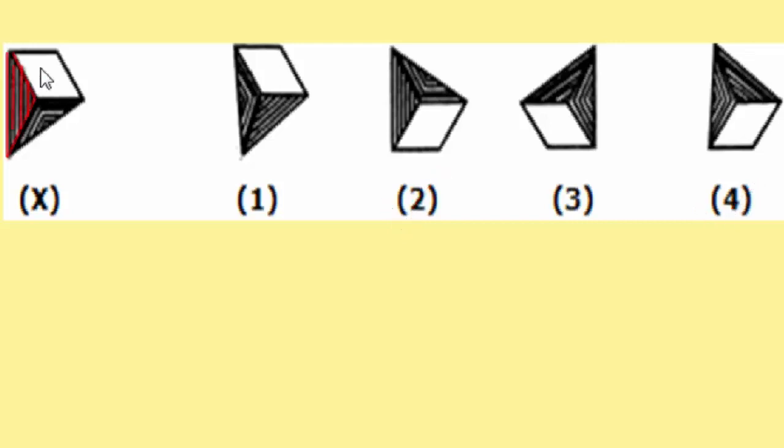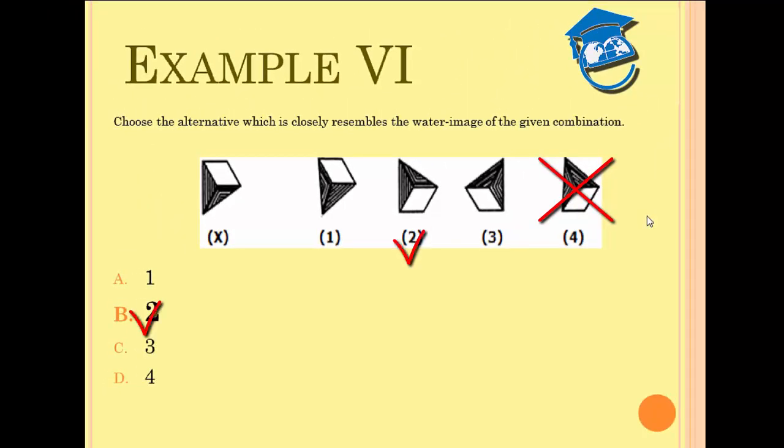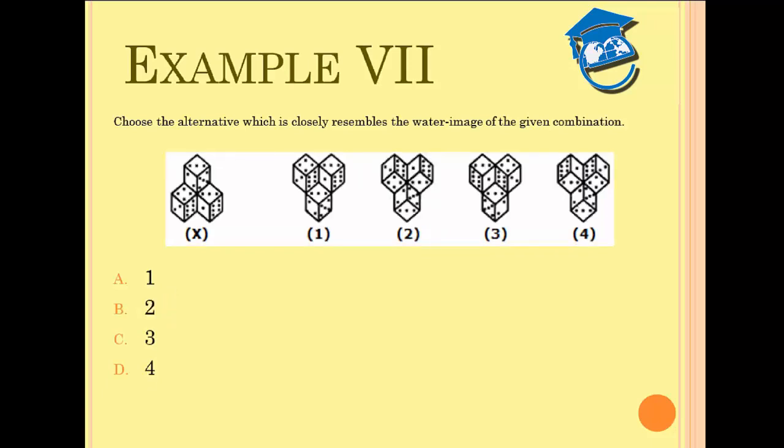Another observation is that this triangle on the left has vertical stripes. So if I drop this down by 180 degrees, the triangle will remain exactly the same with vertical stripes, which is correctly represented in option 2, but in option 4 the pattern of the stripes is changing, which cannot happen. So I have to eliminate option 4 as well, and the answer will be option B, that is the second one. So evaluating images is also as simple as evaluating letters, friends. I just have to keep the two characteristics in mind. Let's take a look at our next image.